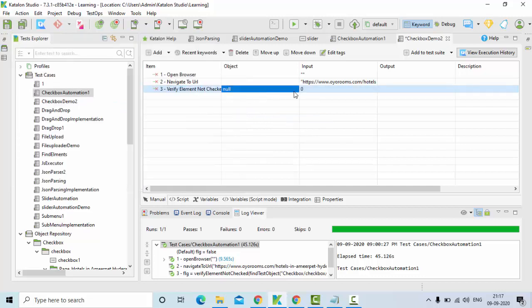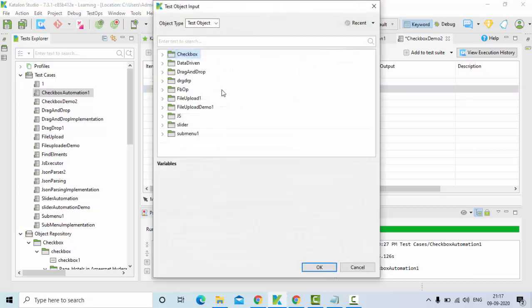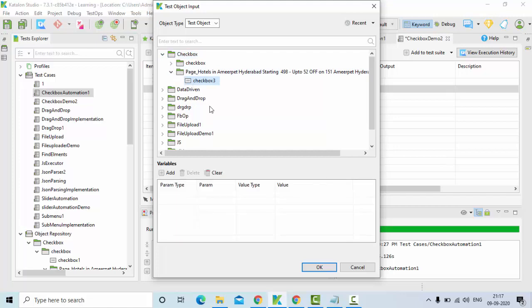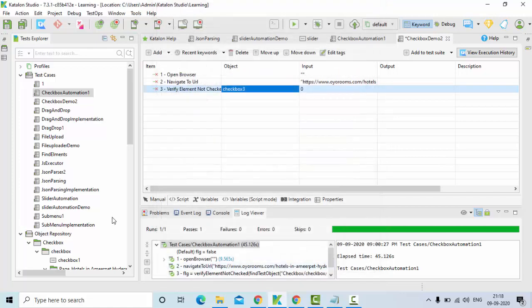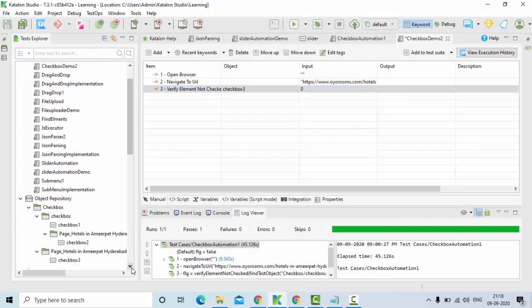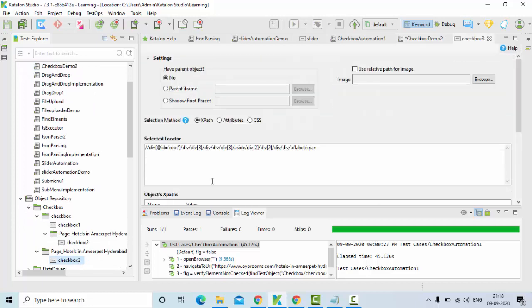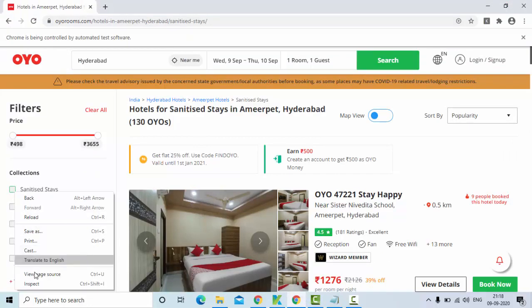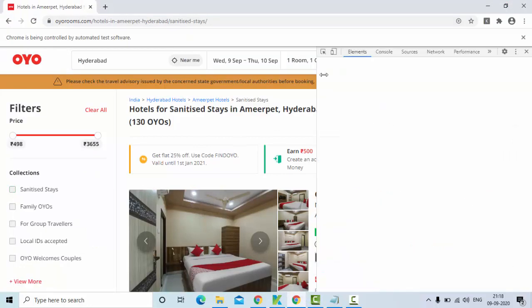Obviously the element in the beginning is not going to be checked, right? So first let me try to give that element. This is my element. I have this XPath, but this is not a good XPath. So what I'll do is I'll try to create my own customized XPath for this.